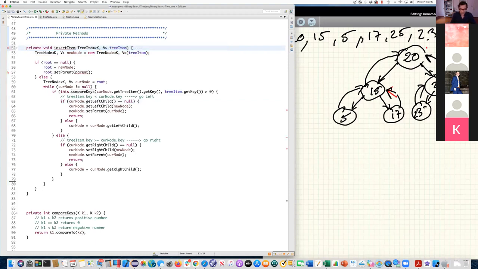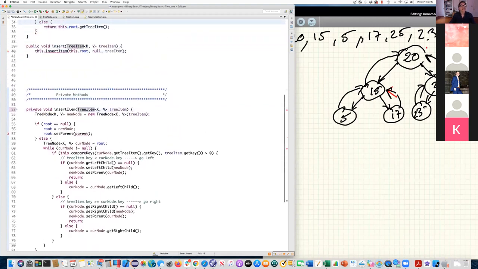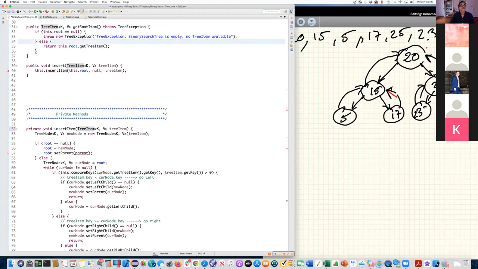Let's go up here and remove that. The insert, we're just inserting the element, the tree item itself. And the code in here,